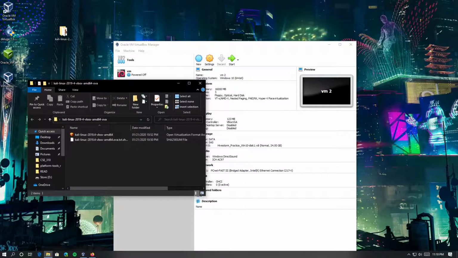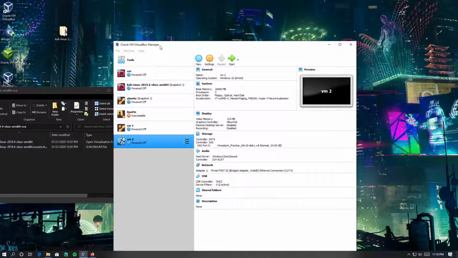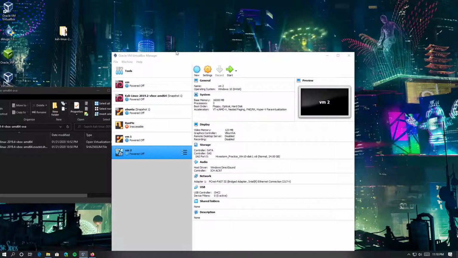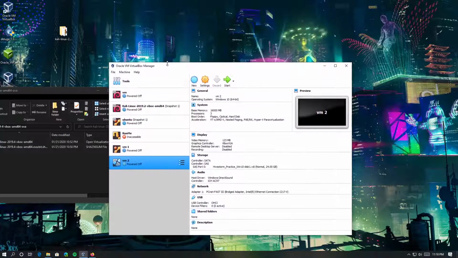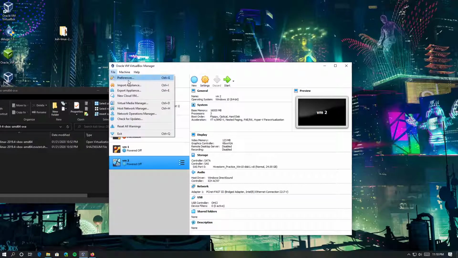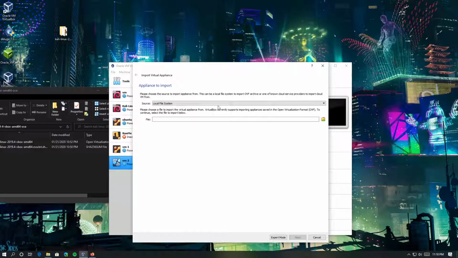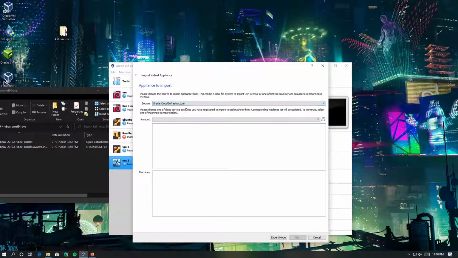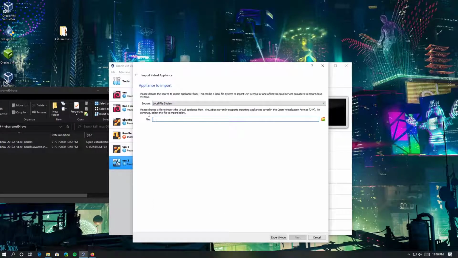Anyway, so what we're gonna do is go ahead and import this OVA. It's really simple. This is a similar concept whether you're on Mac, Linux, or Windows. Of course, you're not gonna have all these here because you may or may not have any other VMs currently on your system. Go ahead and go to File. We're gonna go ahead and import appliance, and we're gonna go from our local system. You can also use Oracle services, look at their cloud infrastructure and pull one from there, but we're not doing that today. So we're going to go to our file, and we click this little button right here,